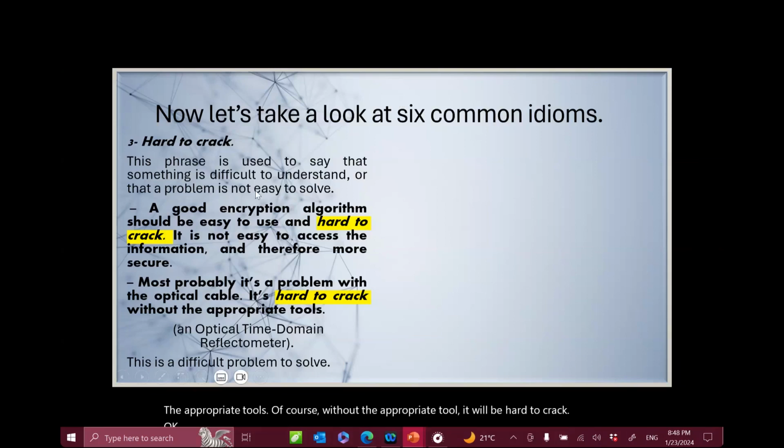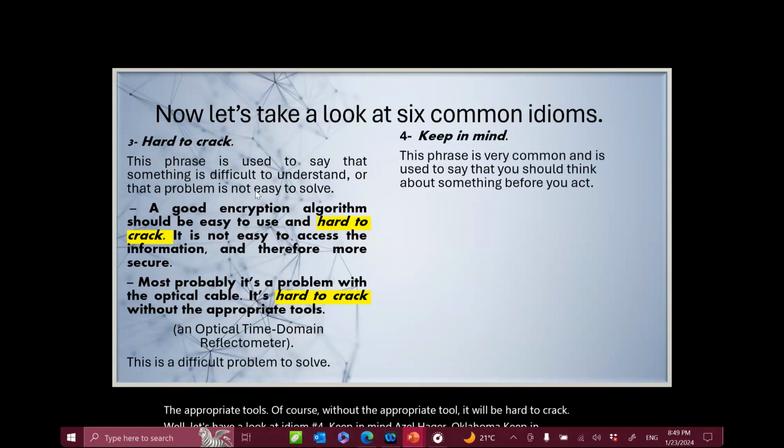Well, let's have a look at idiom number 4. Keep in mind. أسهل حاجة وكلنا عارفين keep in mind يعني إيه. This phrase is very common and is used to say that you should think about something. What's the meaning? Think about something before you act. Always think about something before you act it out. Okay? So,